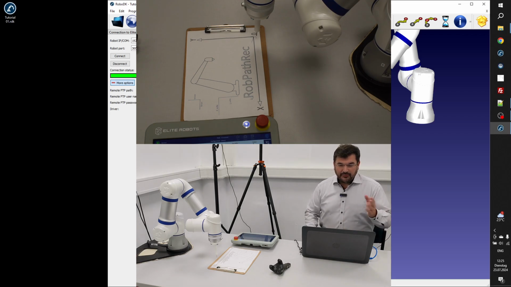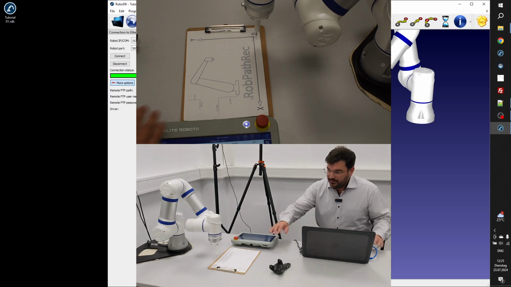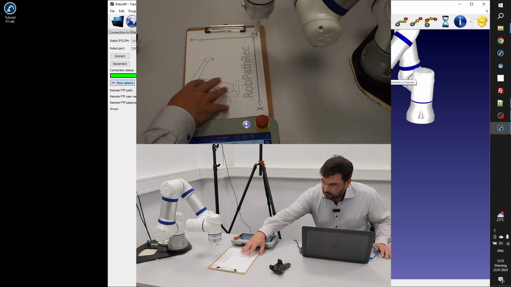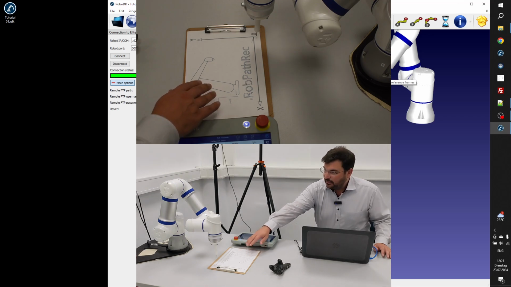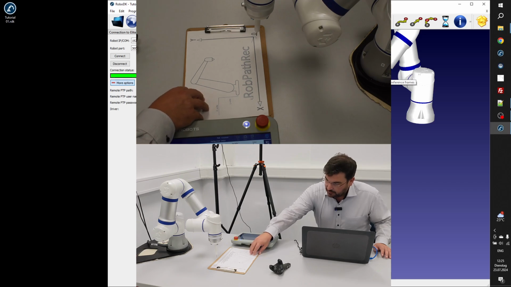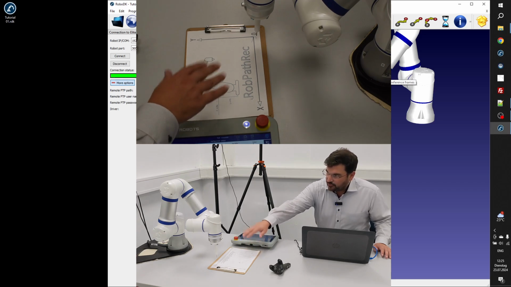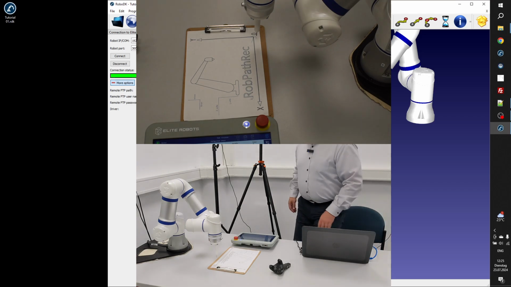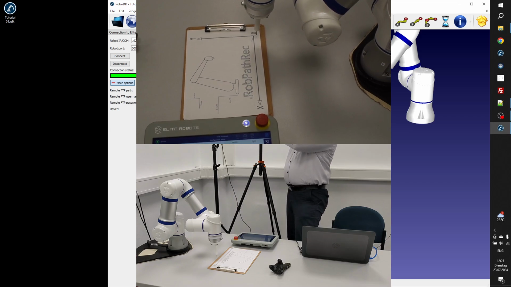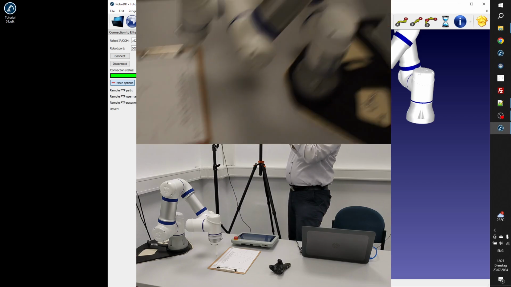Next, we will define our frame or workpiece. In my case, this is this wooden plate, which I already fixed on this desk with double-sided tape in the middle, so I can't move it anymore. It is fixed in front of the robot, so we can reference to this wooden plate at any time.